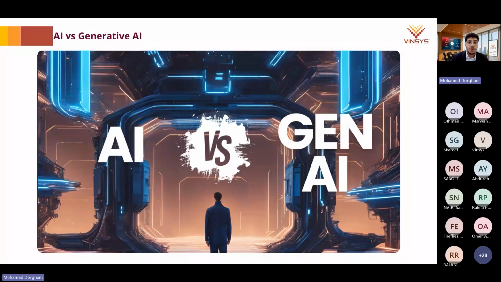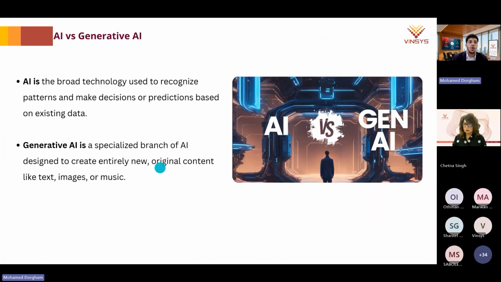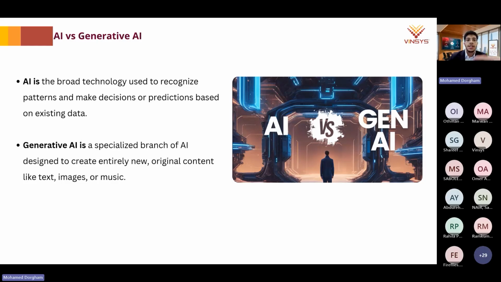If we speak about the difference between AI and Gen AI, Gen AI is a smaller form of what's called generative AI. And if we go to the next slide, we're going to see that generative AI is a specialized field of AI that focuses on generating content. Okay, generating content. So in very simple terms, when we say content, here we have a content.